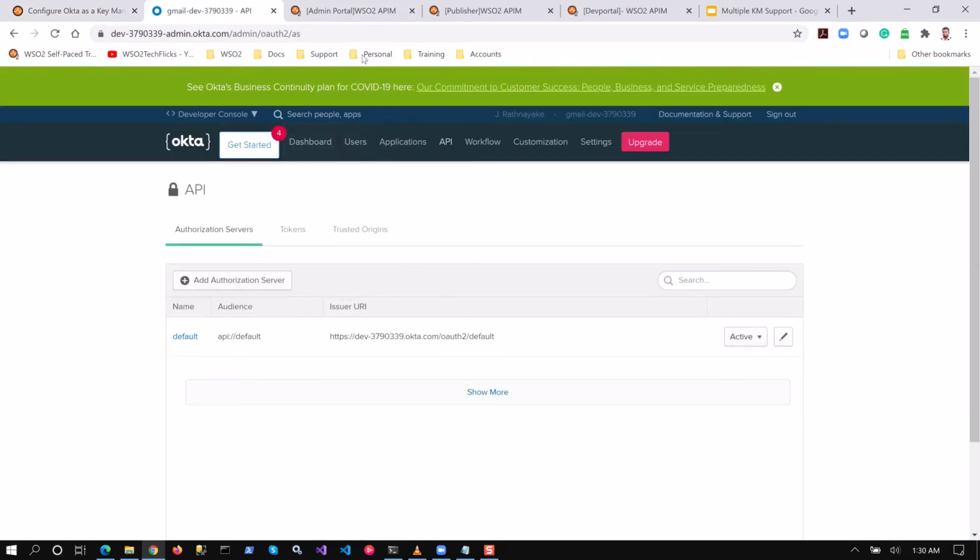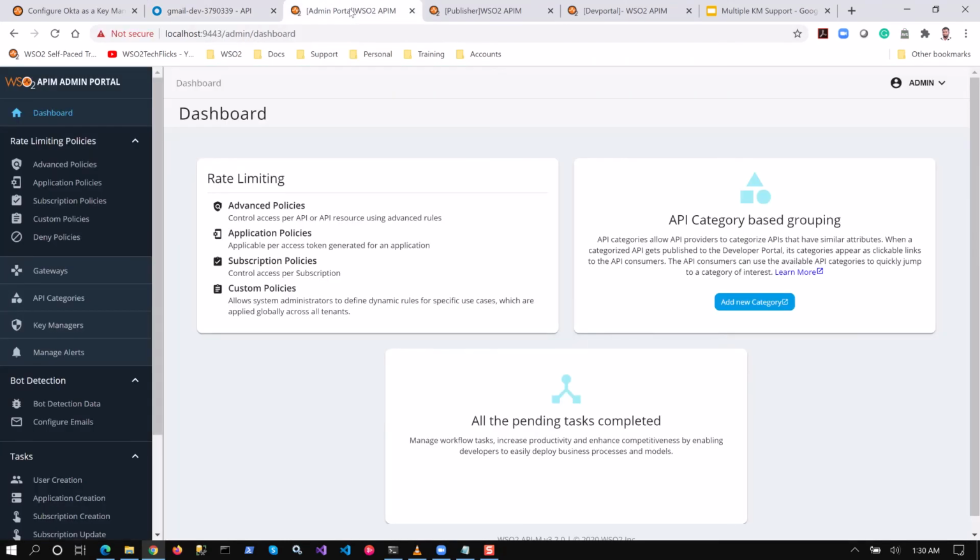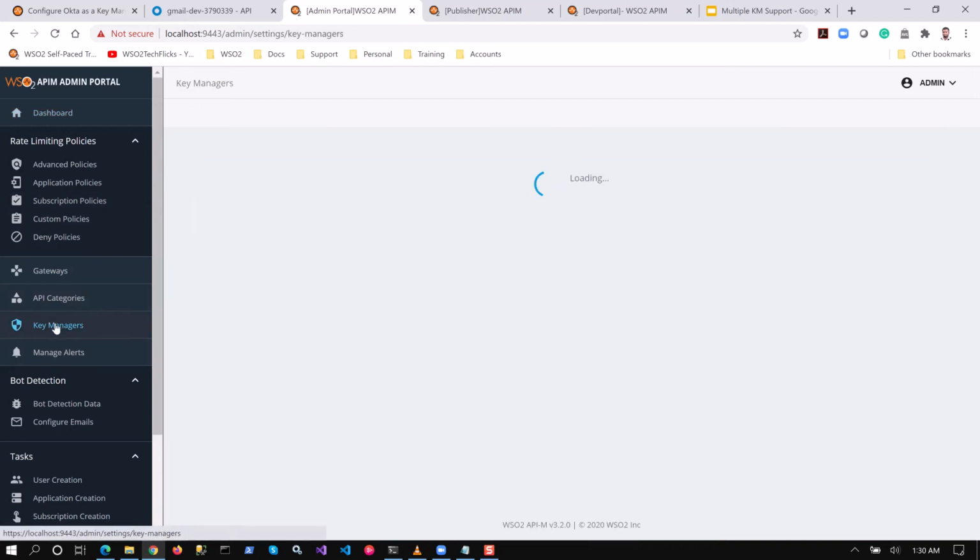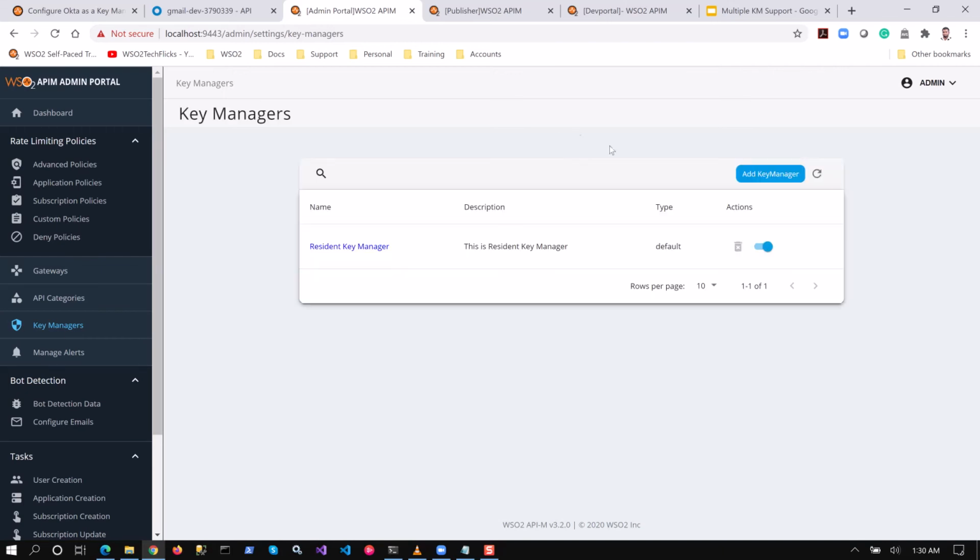I have already started API Manager 3.2 and logged into the admin portal. When I log into the admin portal, you will see there's an option called Key Managers, and when you go to Key Managers, you will see the Resident Key Manager, which is the inbuilt Key Manager component.